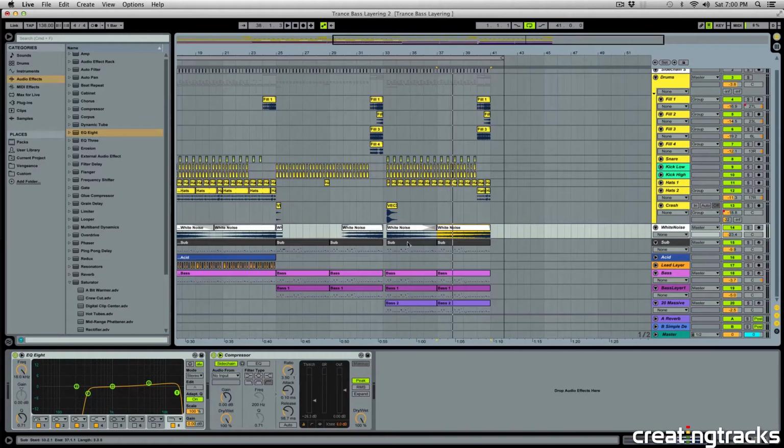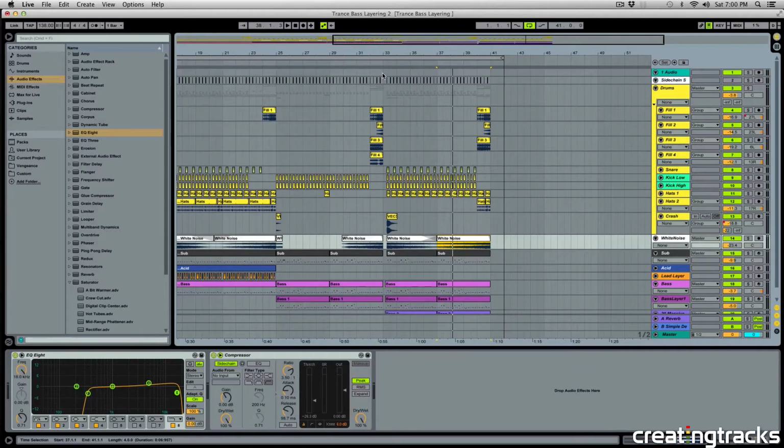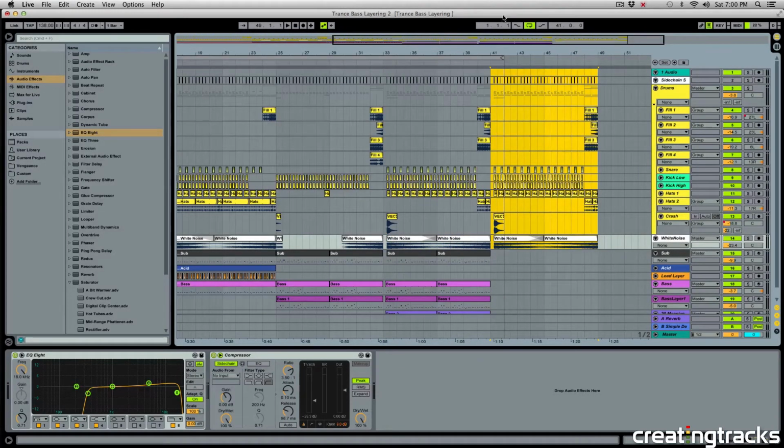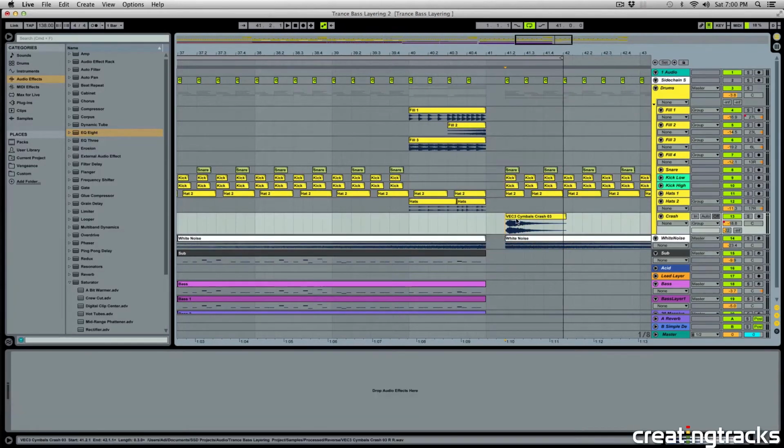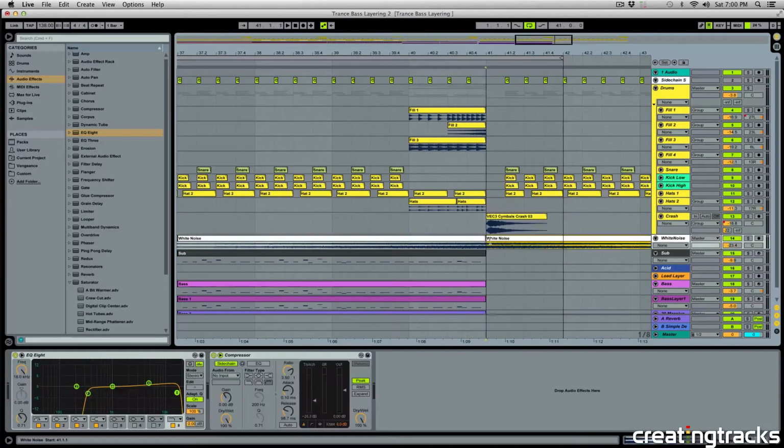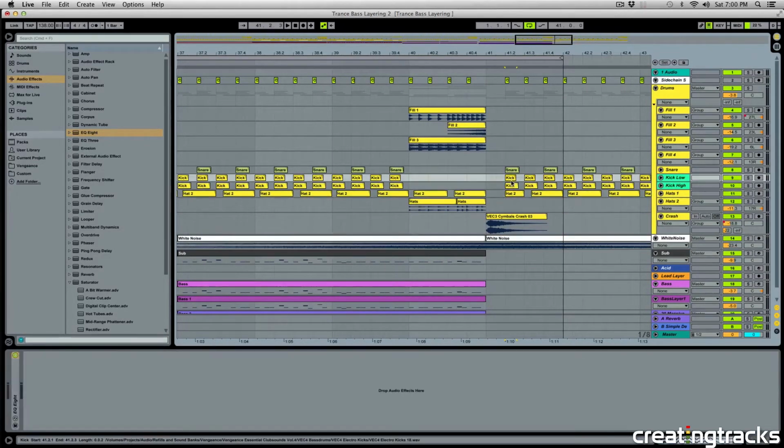And what we can do next is we can duplicate all of this over here. So only my drums and the white noise, and not my sub and none of these instruments, but just my drums. And I'll Command D to duplicate that. And you can see we have this gap that was left, so that's fine. We can fix that. And I'll just copy kick from here, just one note. Paste that over here,